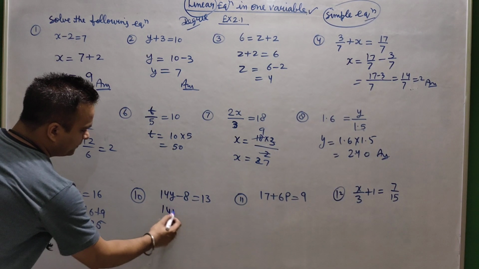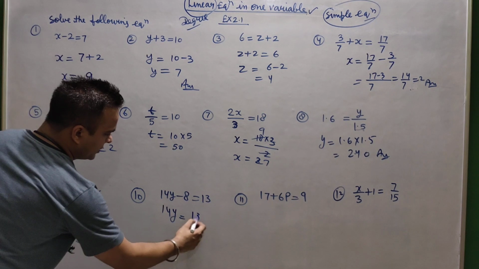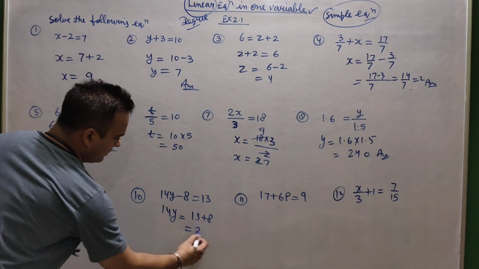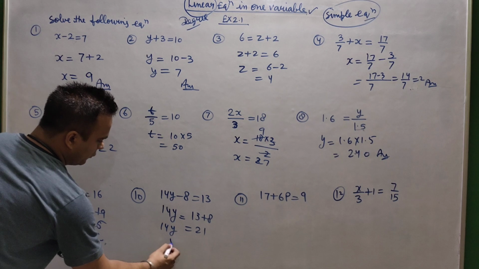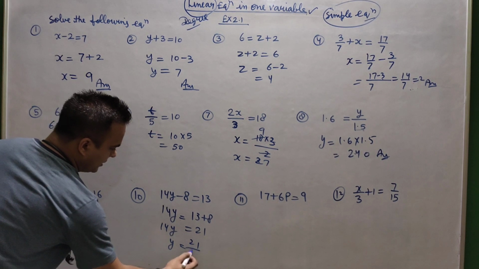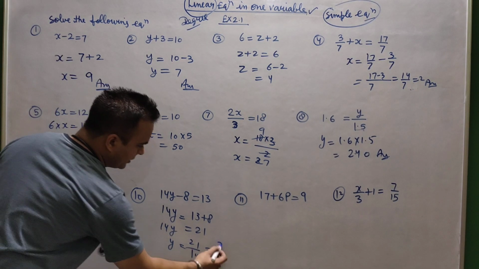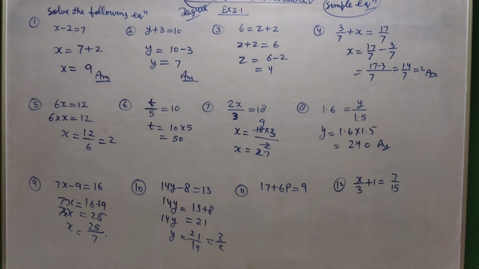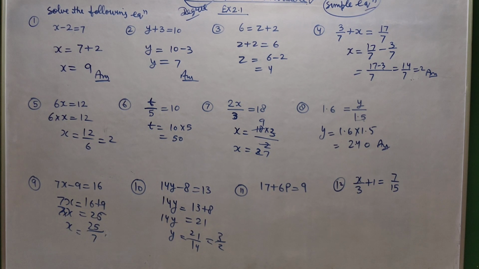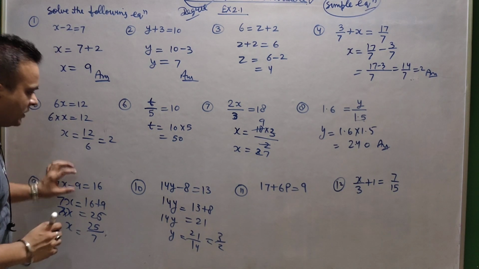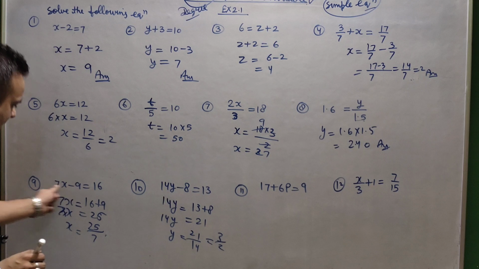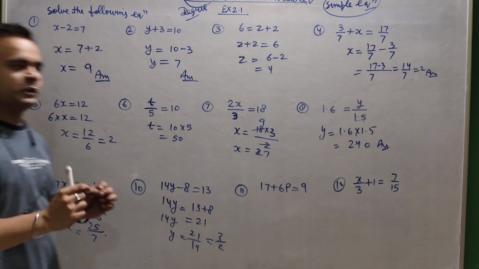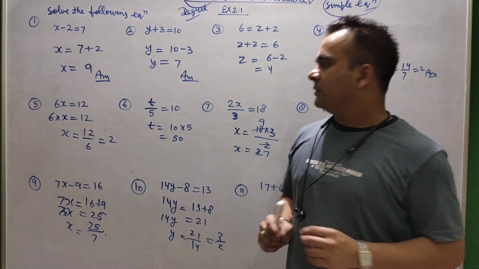Okay, in this case this minus 8 we will shift to the other side, right? So it will be 21, and again the 14 will shift to the other side, it will be in divide, and you can see that both are divisible by 7. 7 3s are 21 and 7 2s are 14. So this is the quality of these sums. You know, in the 9th and 10th part, if you see, we are transposing minus to plus and multiply to divide. Both transpositions we are doing, right?